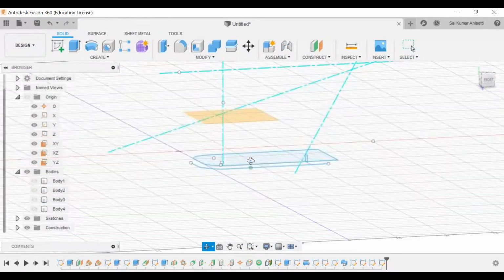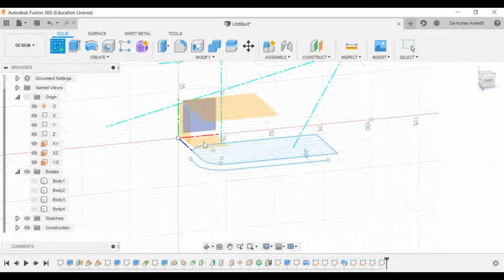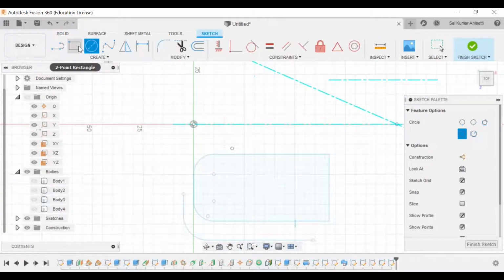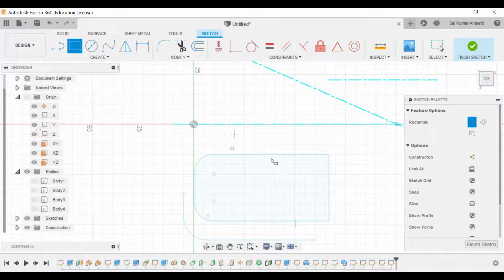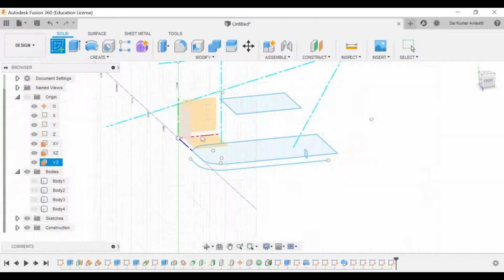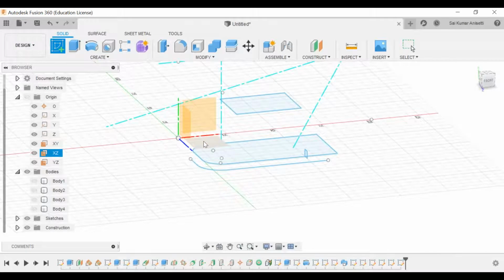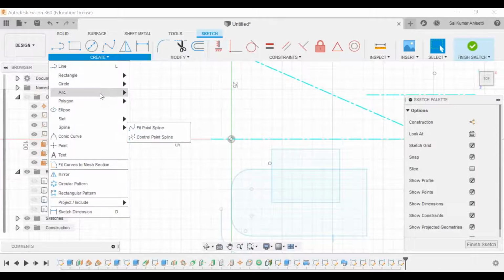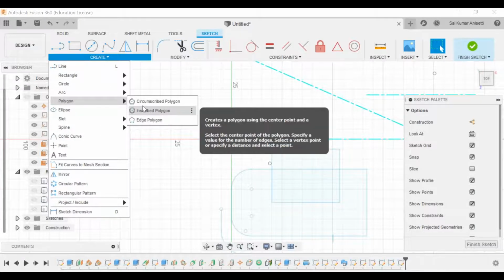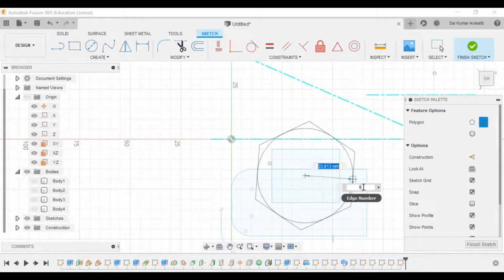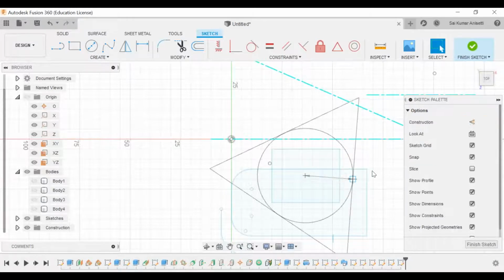So one plane is offset. Let me take a solid element on the top plane, draw a simple rectangle, square, or whatever it might be. And you again create a sketch on the bottom plane, draw a polygon, like a circumscribed polygon. Let me take exactly the center of this one. Let me take the edges as 3 as center. I'll get a simple